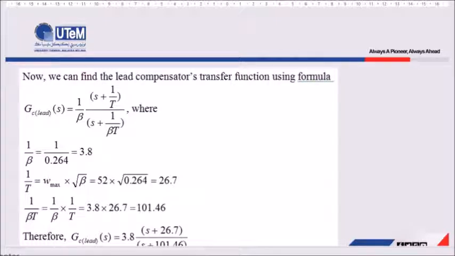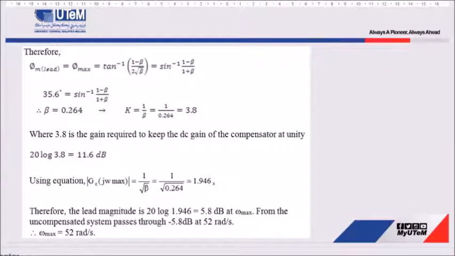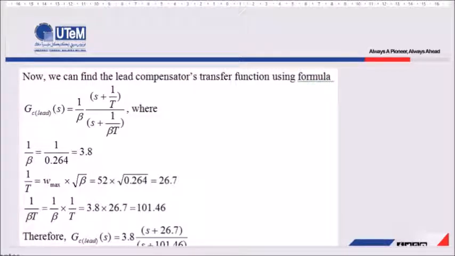This is considered as a gain, as I mentioned before. So 1 over T is referred to by this equation, omega max times square root of beta. Omega max we already obtained from here, from this 5.8 dB, which is equal to 52, times square root of beta. We just put this value for beta here, and then we get the result, 26.7. And also, based on this 1 over T and 1 over beta T, we can obtain this 1 over beta T, just multiply this value and this value, and then we get